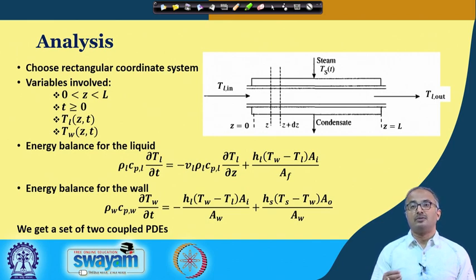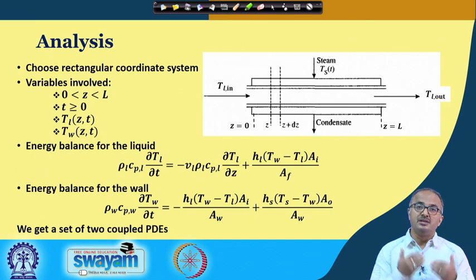Like for example, in non-Newtonian fluid dynamics, sometimes we are also concerned with the history because the stress-strain relationship depends on the history of the particular fluid. But that is not the case here. So generally we take the time to be 0 for the starting time of the process, and we always march in future. So that is why we say that time is more than 0. And this is not the time of our watch. This is the time of the starting of the process.